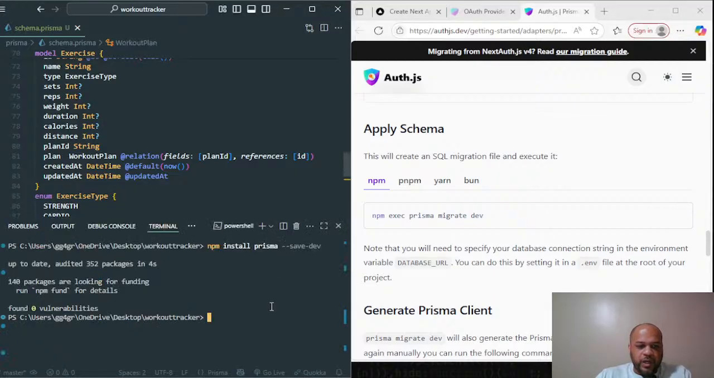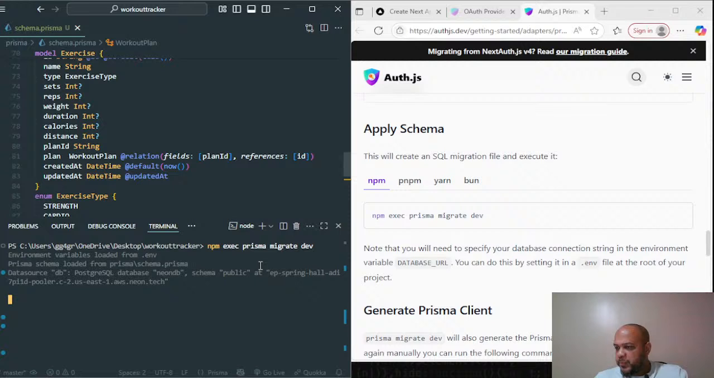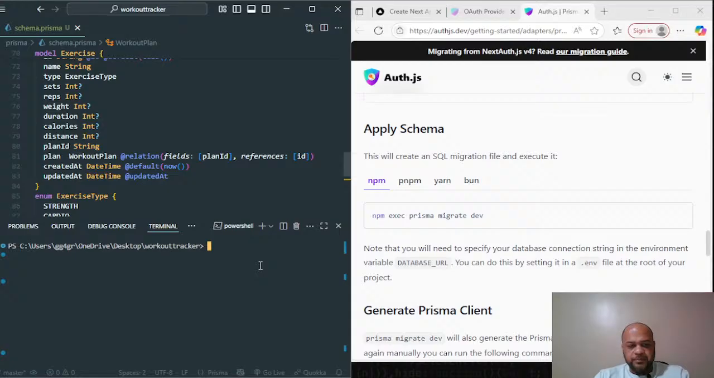So we'll head back to the terminal and paste in this command. Press enter. Give it a moment. I'm just going to name it the init. Everything looks good. Now we'll spin this up by typing npm run dev, and then I'll open up a second